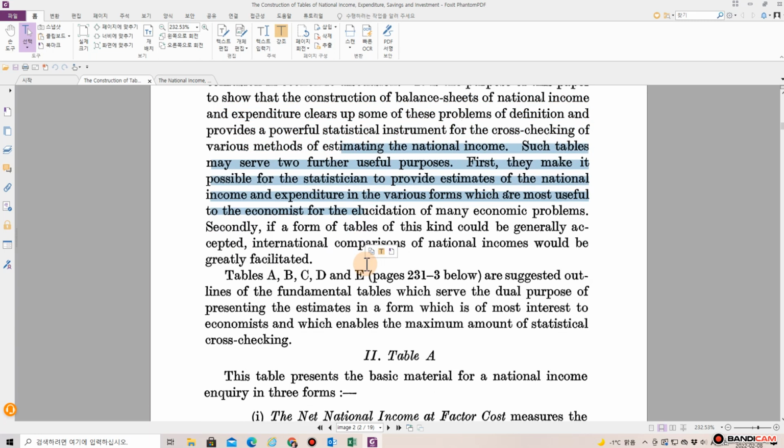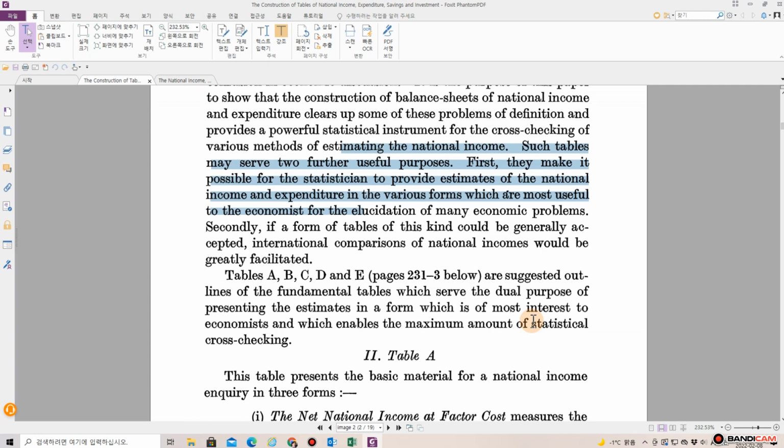Such tables may serve two further useful purposes. First, they make it possible for the statistician to provide estimates of the national income and expenditure in the various forms which are most useful to the economist for the elucidation of many economic problems. Secondly, if a form of tables of this kind could be generally accepted, international comparisons of national incomes would be